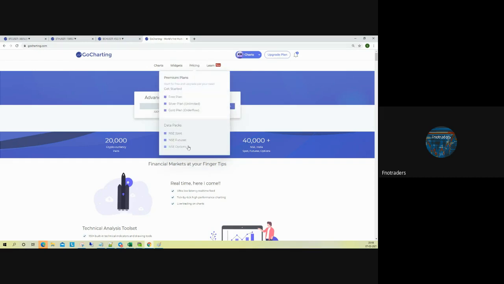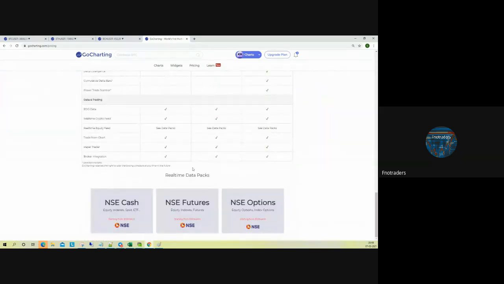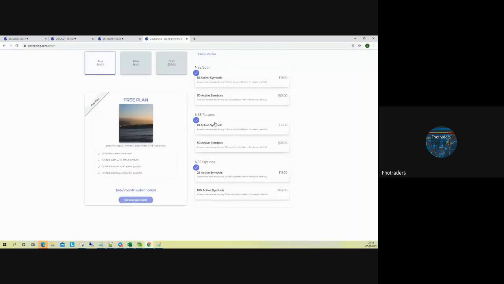Depending on what you trade, we typically recommend starting with a 10 symbol plan, which should be good enough for most cases. So go for an NSE 10 symbol or an FNO, either cash or spot, 10 symbol plan. It's any 10 symbols at a point of time; you do not have to decide which 10. It could be just any active 10 symbols. You would generally not monitor more than 10 symbols, so you can take one of these plans to start with.